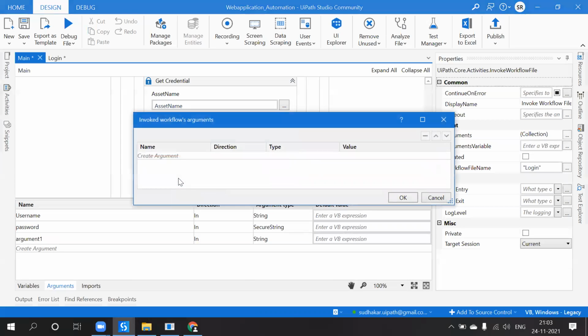So we will keep it here. Actually, we have to create the arguments here. So here it is username. Let's see anyway. What is the value? See here it is displayed, but it is a waste of time to create the username.